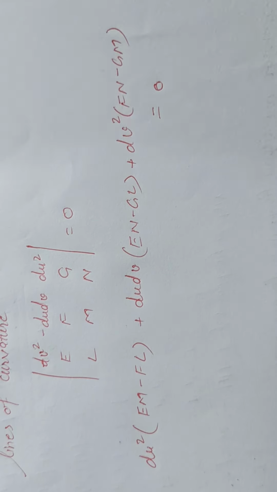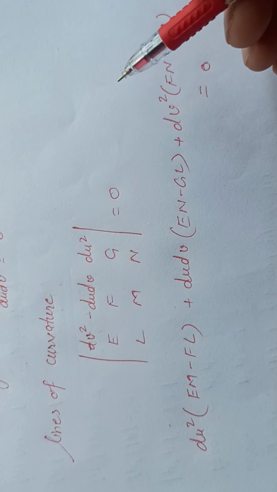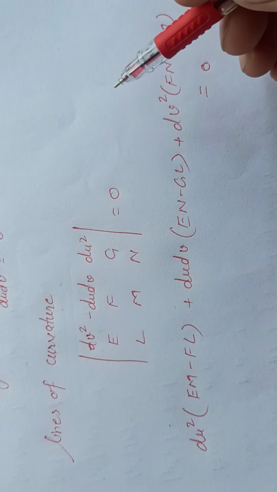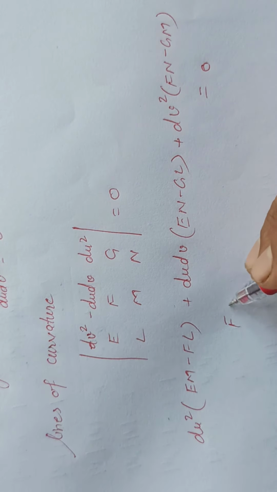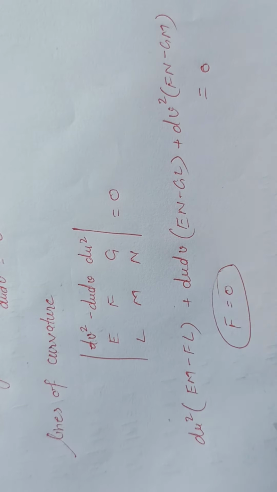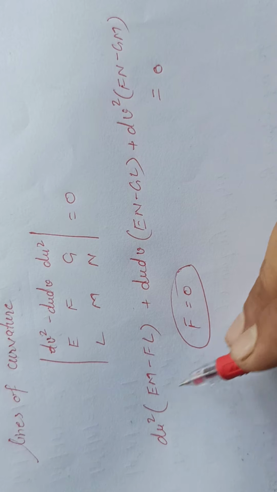So, by comparing these two, as the lines of curvature are along the parametric curves and lines of curvature are always orthogonal, the necessary and sufficient condition for parametric curves to be orthogonal is that F is equal to 0. Using these conditions, we have